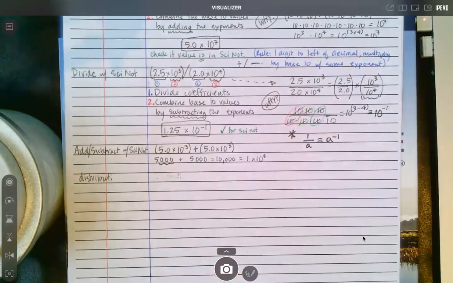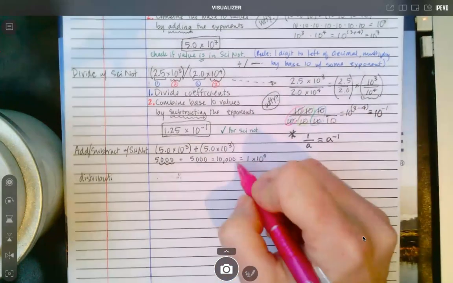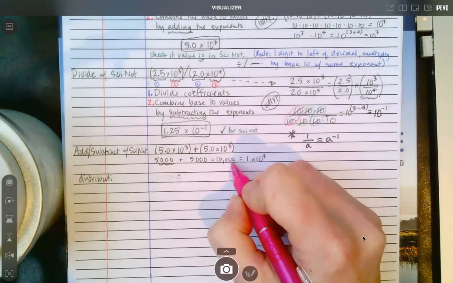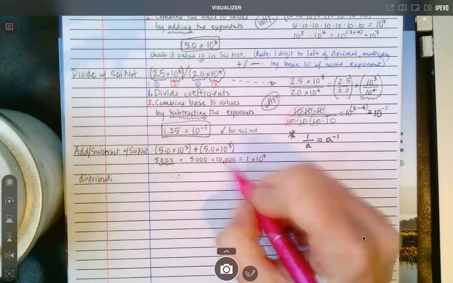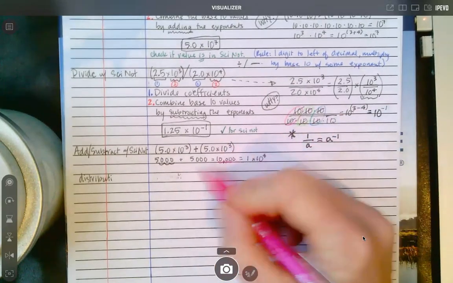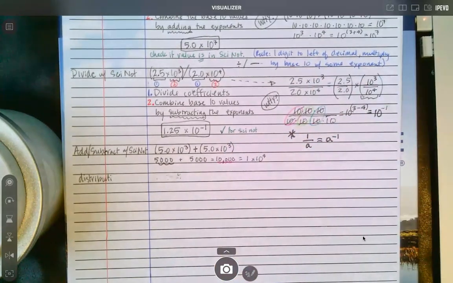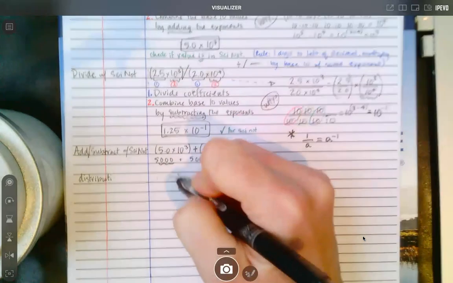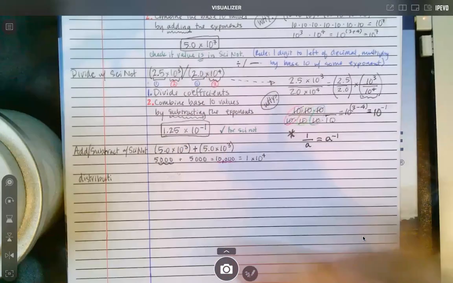And then I have to write that in scientific notation. If I had written it out, I would count 1, 2, 3, 4 spaces, and so I'd have 1 times 10 to the 4th. And that's how I could expand it out and do it, but there's a much easier way. Though I do need to set up some knowledge,